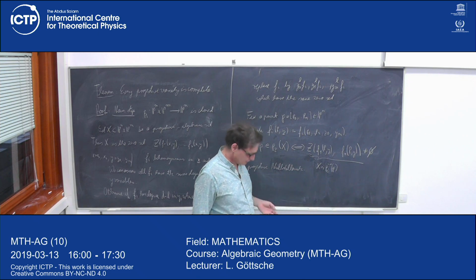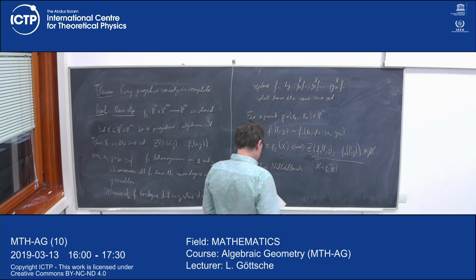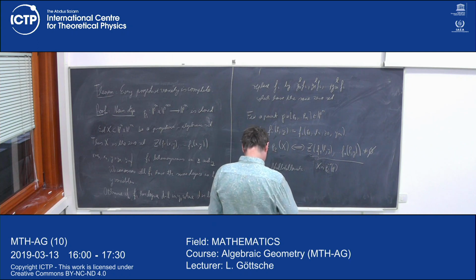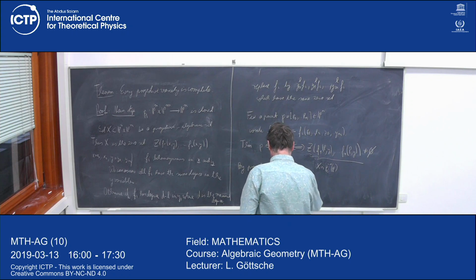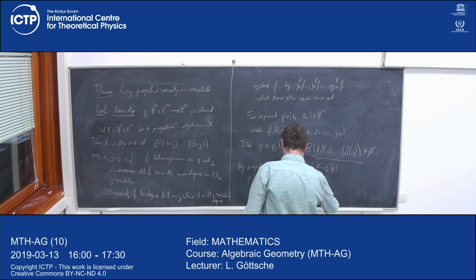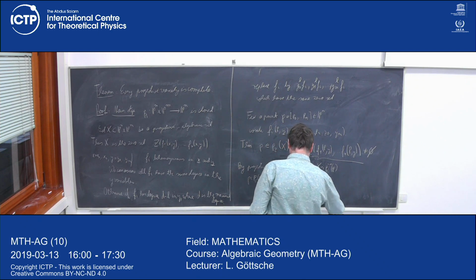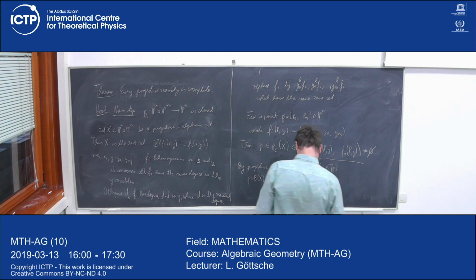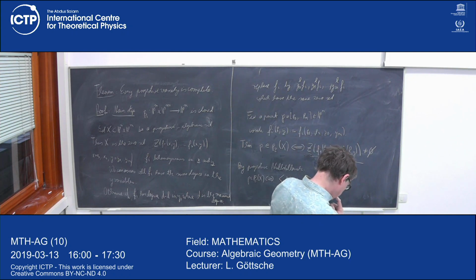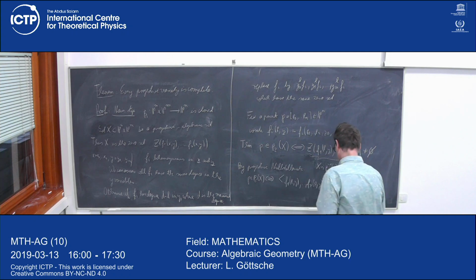So if I make the contraposition, then this is equivalent: the statement P in P2 of X is equivalent to, if I take the ideal generated by F1 of P y until Fr of Py, that it does not contain